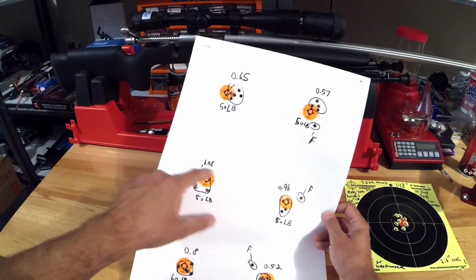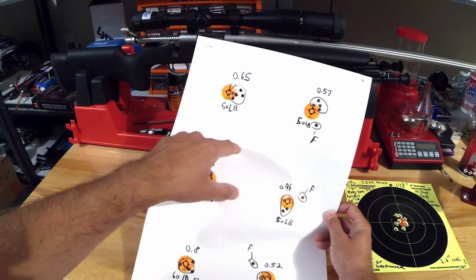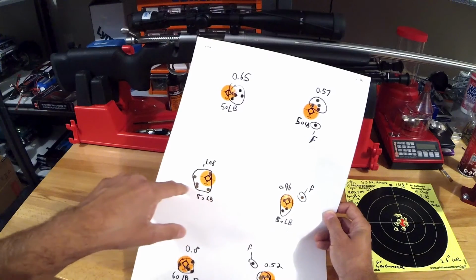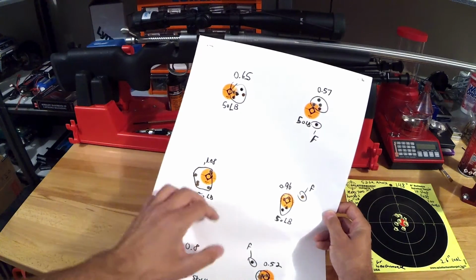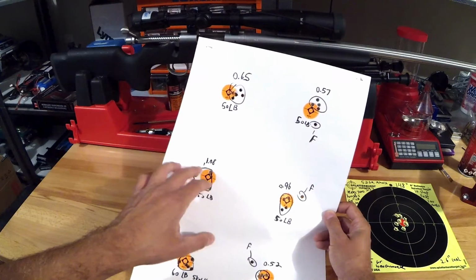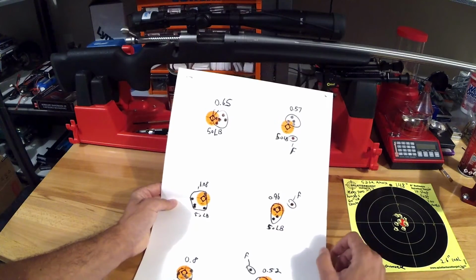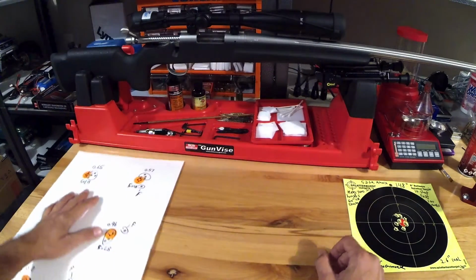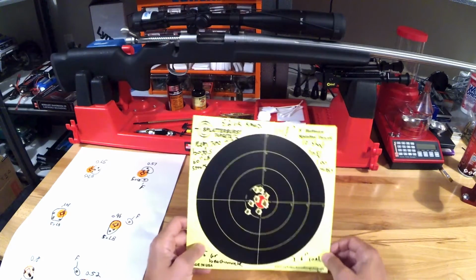Everything else would be a group like this, or even a group like, any pick one of these groups, and then you'd have a flyer way out here and one way up here, and it was just ridiculous. It was just 2-3 good shots or okay shots, and then just bizarre flyers just taken off. So the bedding seems to have helped, and I like doing these bullseye splatter targets at the